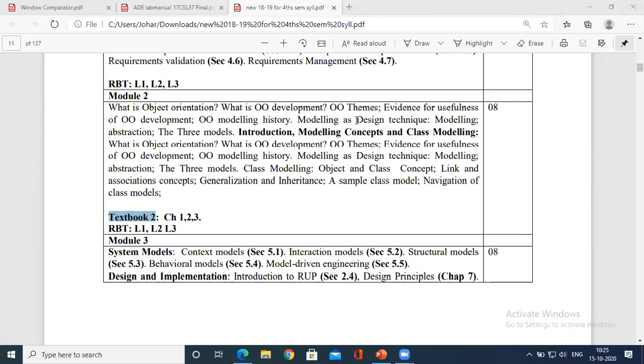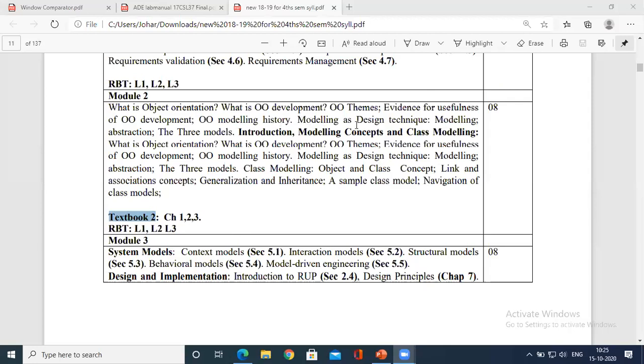So we have a concept here. What is object-oriented development and object-oriented modeling history?